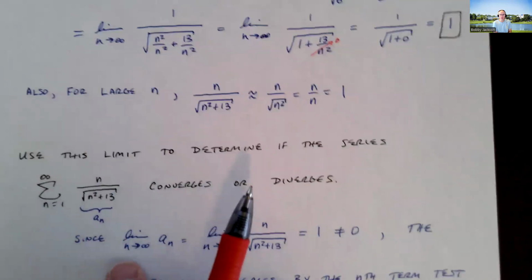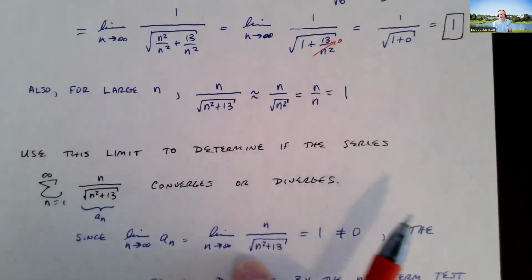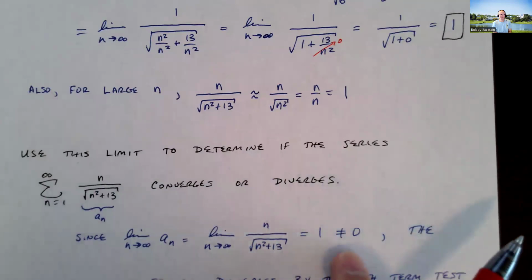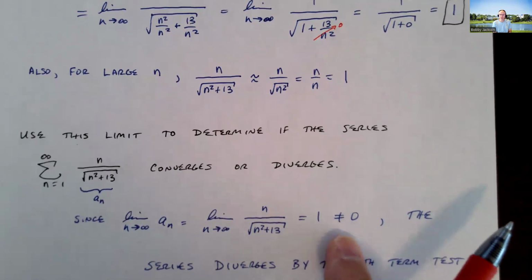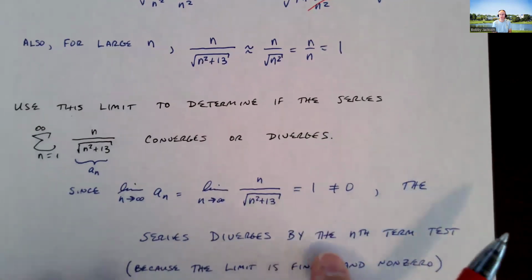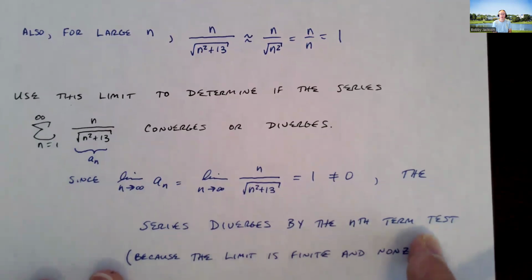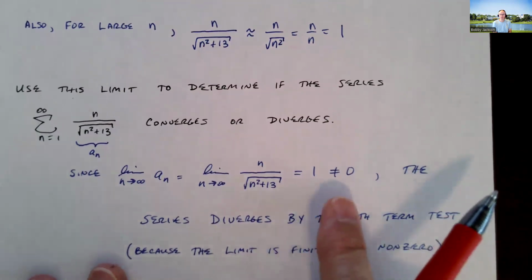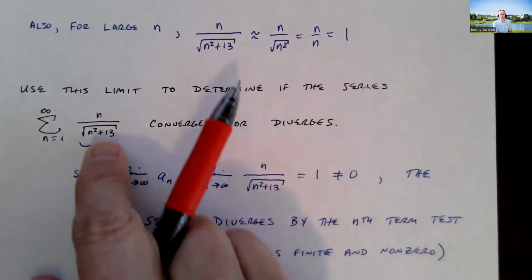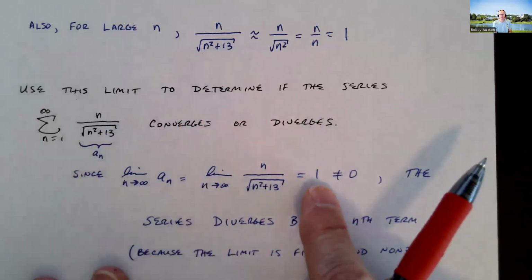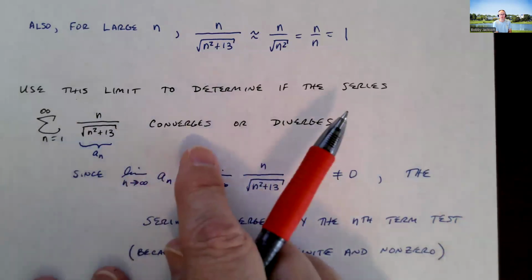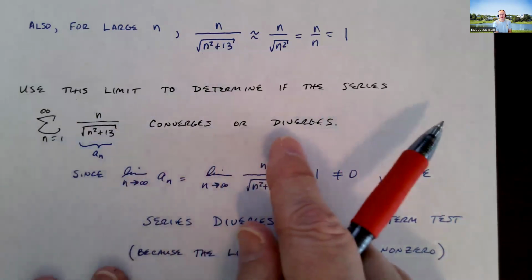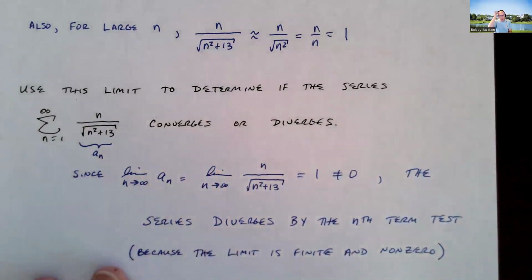So the a sub n's, clearly limit as n goes to infinity, we just found was 1. Well, that's not equal to 0. So what does that tell us? Well, in this case, it tells us that the series diverges by the nth term test. And so the idea is, again, if these terms are getting closer and closer to 1, for large values of n, it's just like adding 1 plus 1 plus 1 plus 1 plus 1 forever, and that is not going to be a convergent sum,